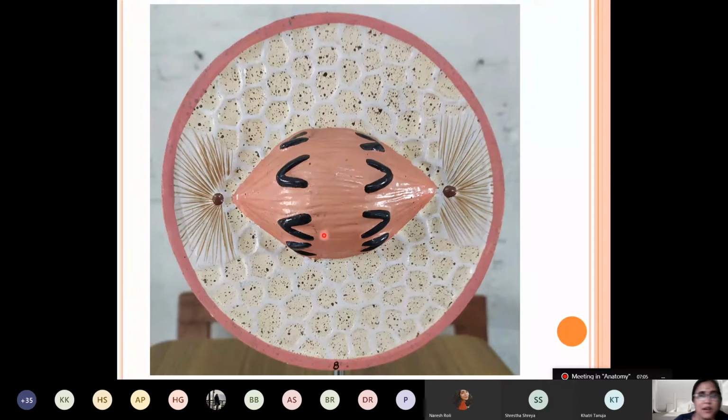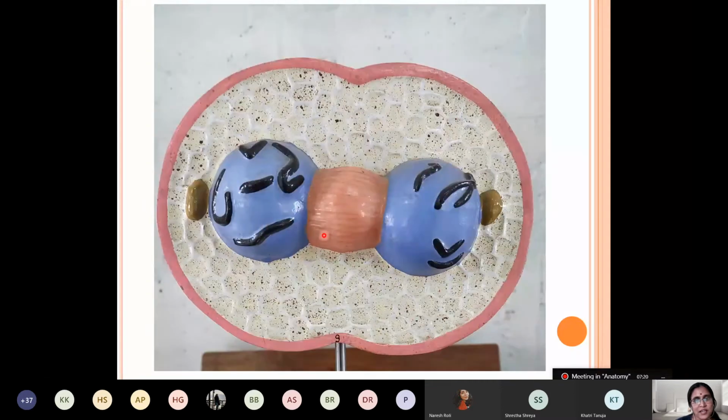These are the models for the cell division that are there in our lab, and I believe we have also seen this already. So these are the important models for the exam spotter and viva. Now this is also part of the mitotic cell division. This is the telophase. What event is taking place here? See, there is a karyokinesis followed by cytokinesis.